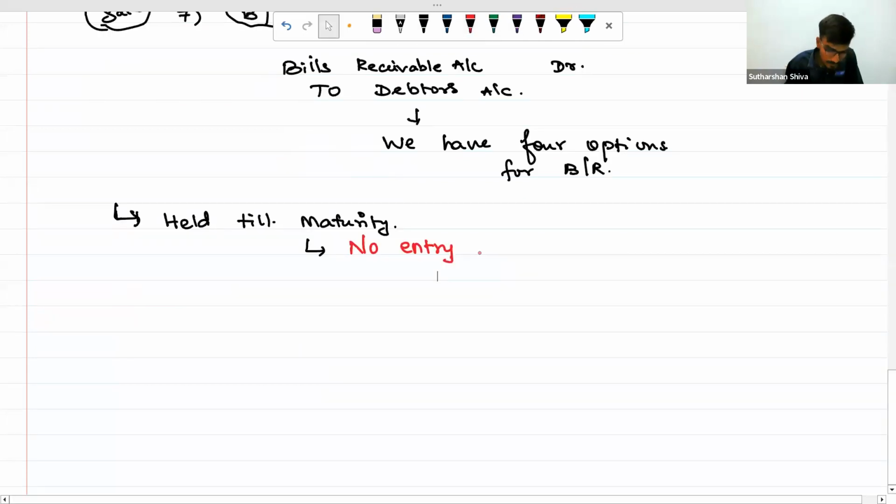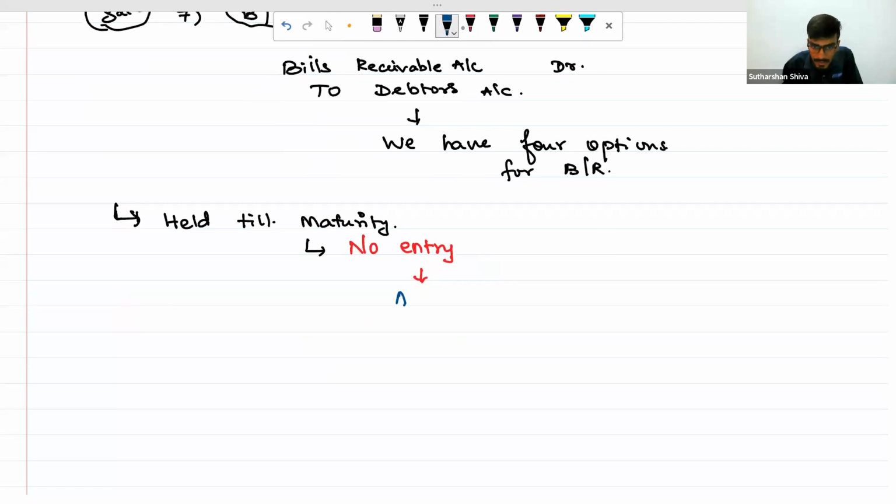But at maturity, the maturity time comes to mind. This is your first thing. There can be a probability at maturity. In bills, we have two concepts: honoring of the bill and dishonoring of the bill. What is honoring of the bill? I am ready, I have cleared my payment. Dishonoring of the bill means I have not cleared my payment due to some dues I am having.